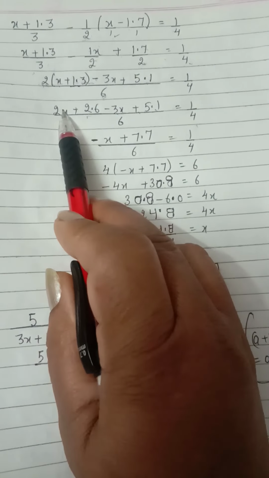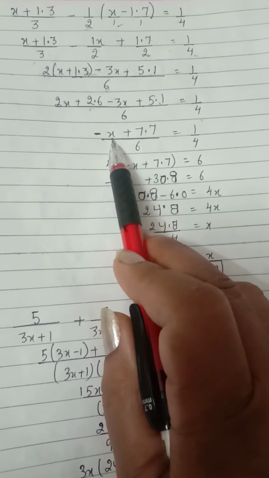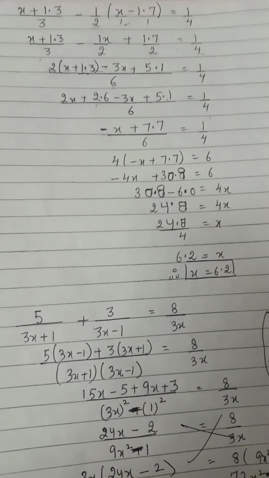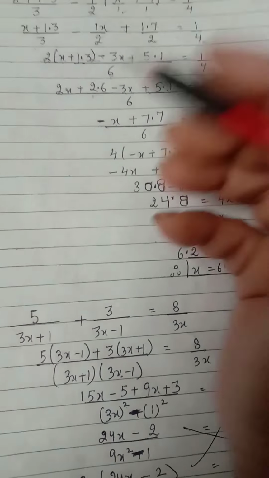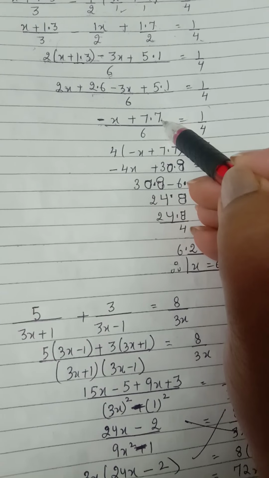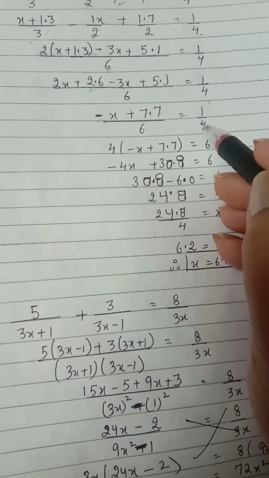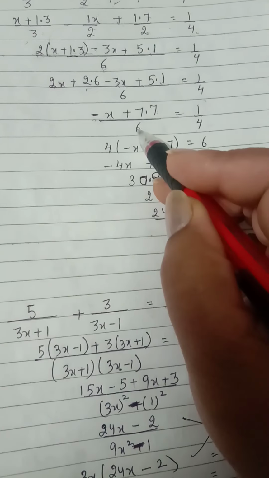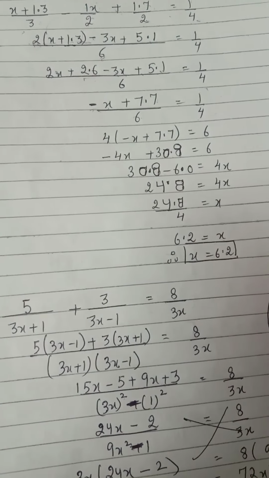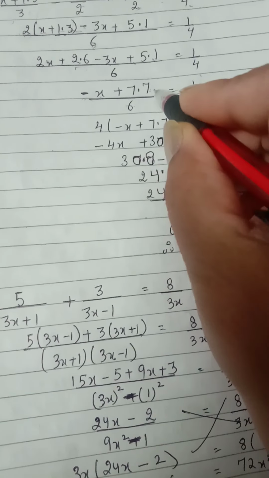Now 2x is plus, 3x is minus, 1 plus 1 minus, we subtract, sign of the greater number, that is minus. You can write x or you can write 1x, both ways it's correct. Next, this is 2.6 and this is 5.1, both with plus sign, so add them. That's 7.7 is equal to 1 by 4. Here if you want to cancel like 2 2s are 4 and 2 3s are 6, you can do that and then cross multiply. I did not simplify for this question because the numbers were a little small.